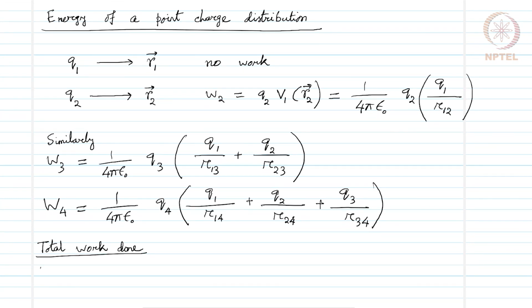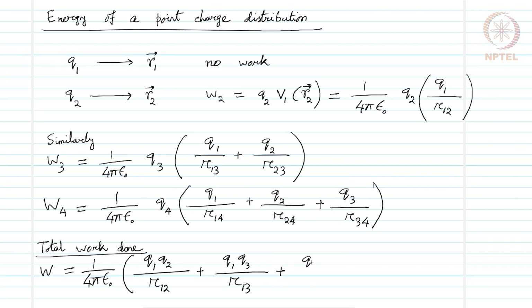Total work done can be calculated for these 4 charges as 1 over 4 pi epsilon naught, Q1 Q2 over R12 plus Q1 Q3 over R13 plus Q1 Q4 over R14